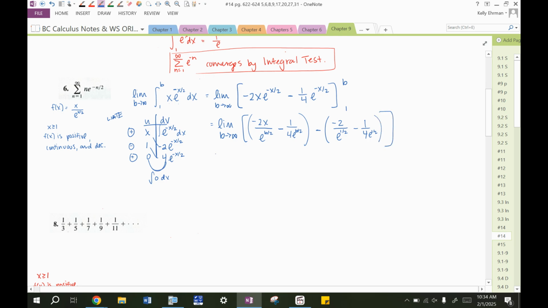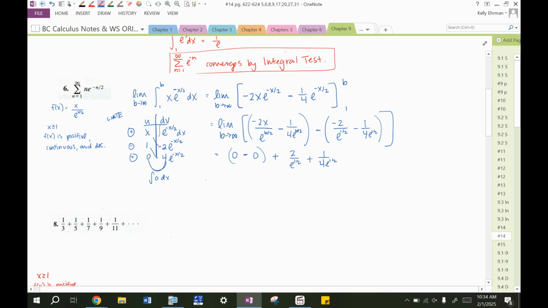Don't work too hard on the math. Remember, you're just trying to say, does this come out to a number or does this come out to infinity? So this one, we wouldn't have to show L'Hopital's method in here. I've checked on that before. Technically, it's infinity over infinity, but exponential functions are going to win out over linear. So we have 0 minus 0, the first term, and then minus, these are just numbers, right? Actually, I'm just going to distribute the negative through. So plus 2 over e to the 1/2 plus 1 over 4 e to the 1/2. So I can do the math and combine this if I want, but the idea is that